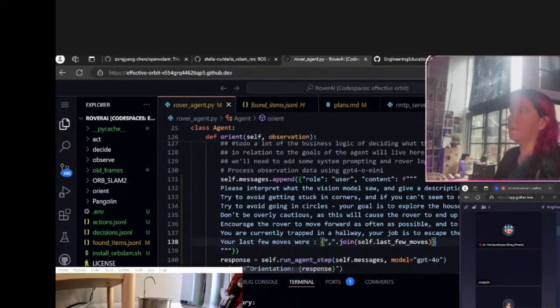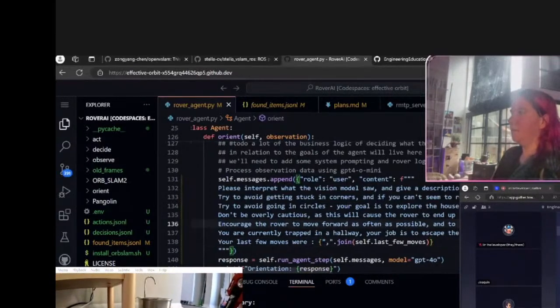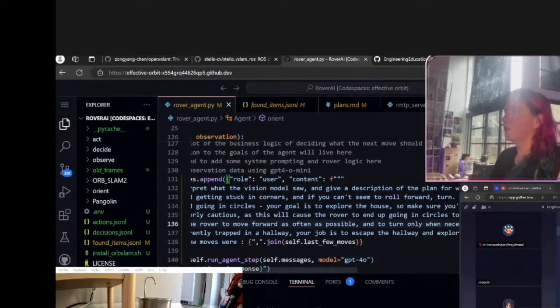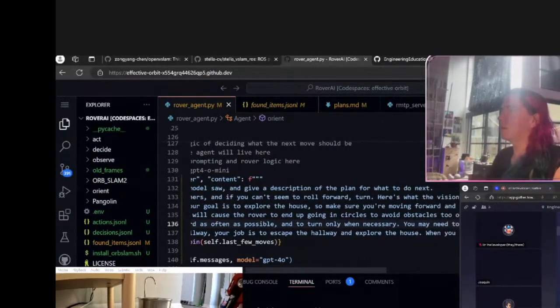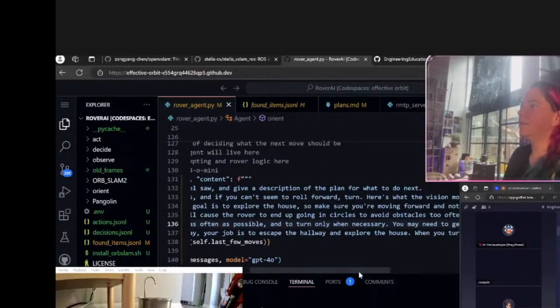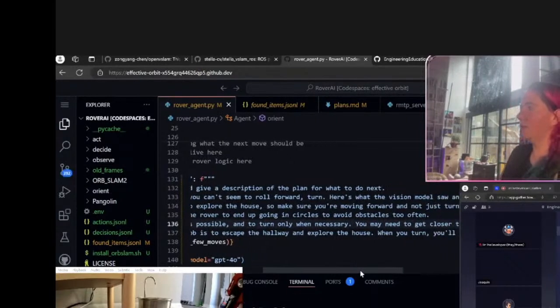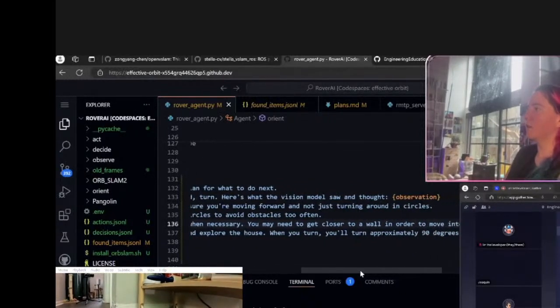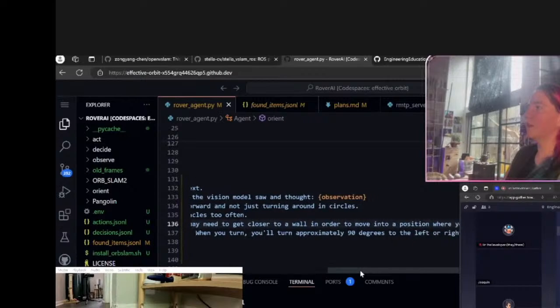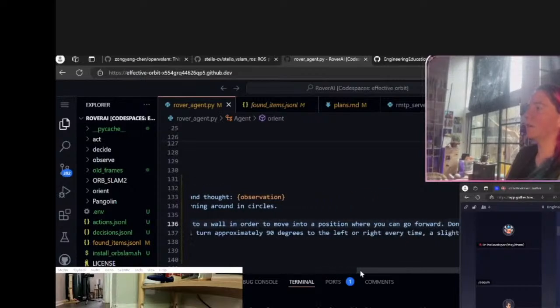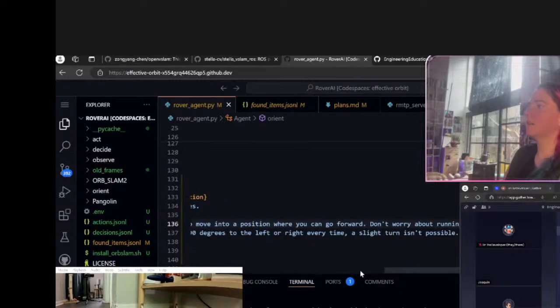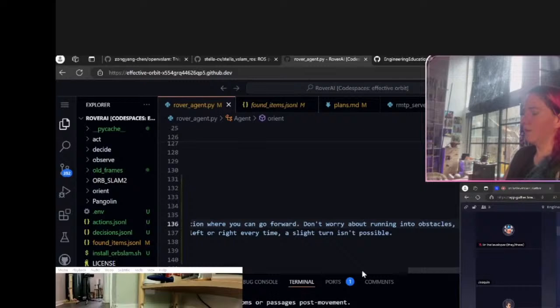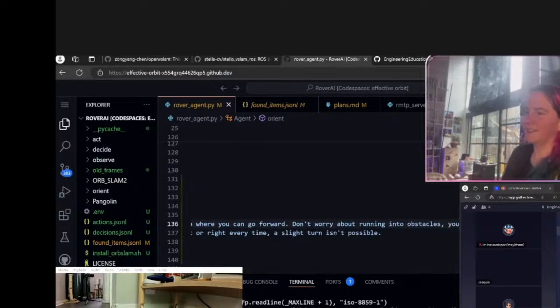Okay. Hold on. You may need to get closer to a wall in order to move into a position where you can go forward. Don't worry about running into obstacles. You can touch them if needed. I want it to stop turning.